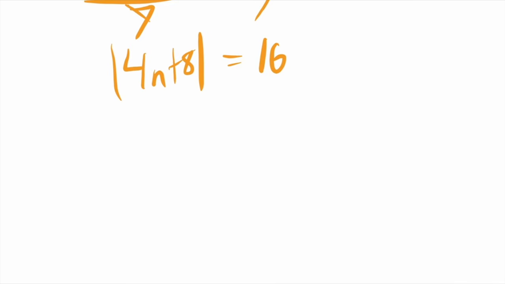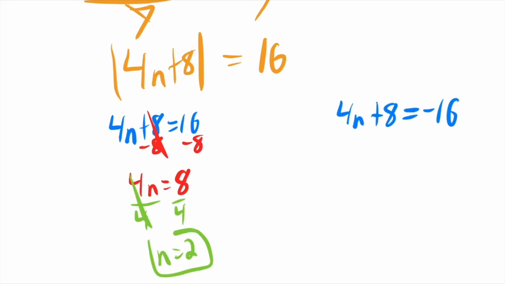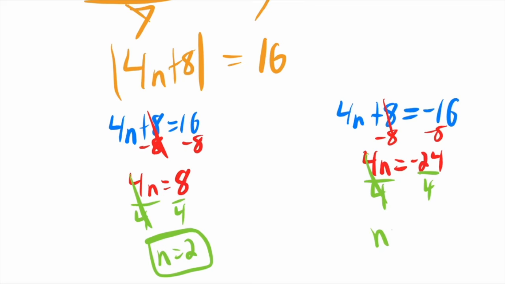Now, since my absolute value is isolated, I make my two equations. 4n plus 8 equals 16, and 4n plus 8 equals negative 16. I start solving by subtracting 8, and I get 4n equals positive 8. Then I divide both sides by 4, and I get n to equal 2. The other equation, I do the exact same steps, but get different results. So when I subtract 8, I don't get 8, however, I do get negative 24. And then dividing by 4 doesn't give me 2, it instead gives me negative 6 as my other